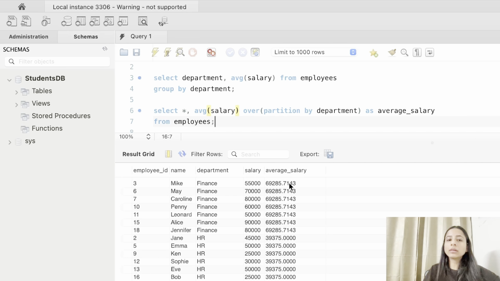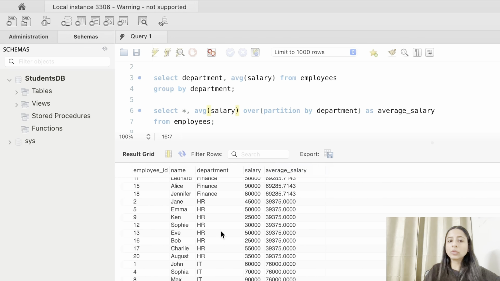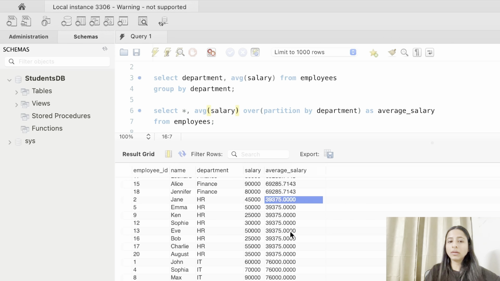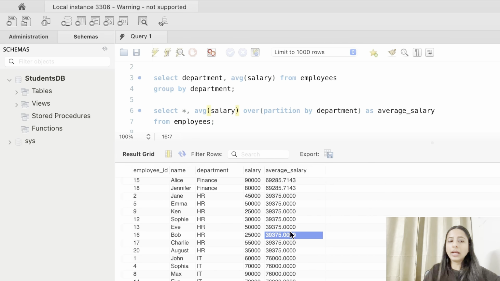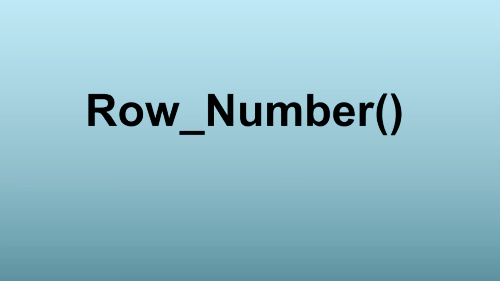Did you notice that the average salary is the same for all rows per department, it does not change? This is what the window function does. It averages out the salary for each department and assigns each row the same value. So for the finance department, whatever number of records we have, each record has the same value. So is the case for the HR department, and again so is the case for the IT department, right?